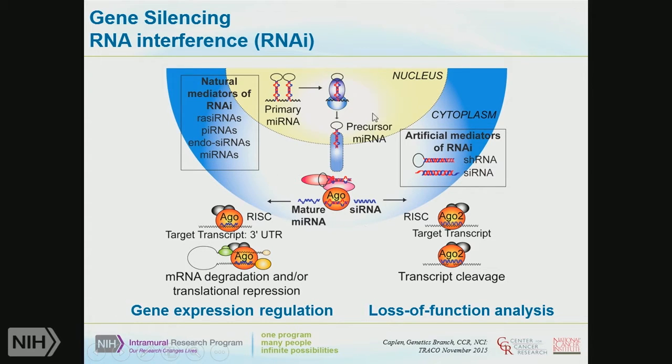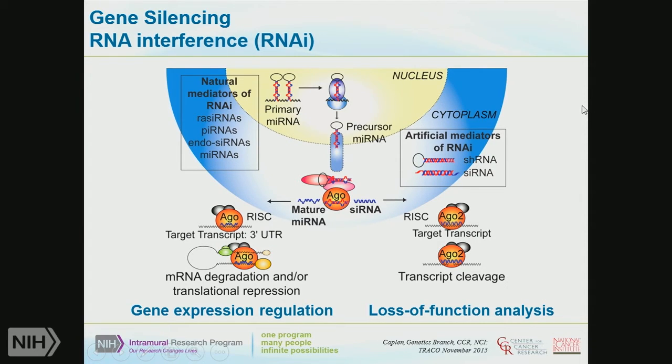Now, interestingly, this had been observed for many years as present in C. elegans, but the pathway had not been really worked out, and it certainly had not been perceived that this was a more widely used pathway by cells. Until the observations that, in fact, in mammalian cells, you could actually exploit exactly the same pathway to induce gene-specific silencing of genes.